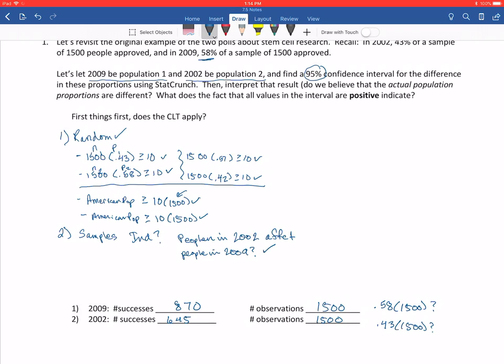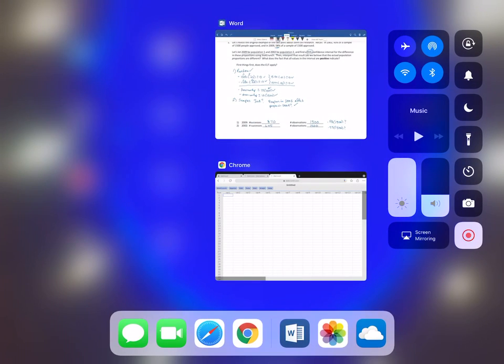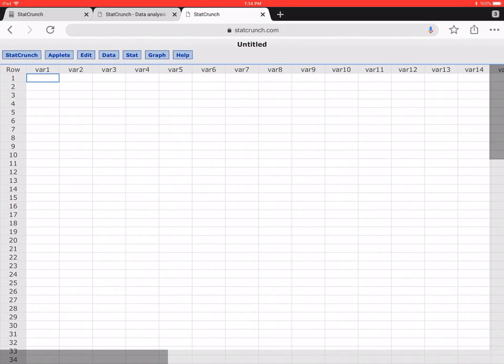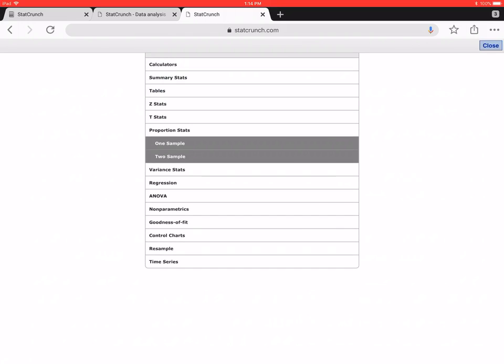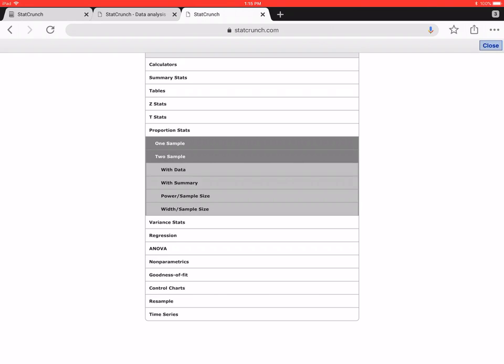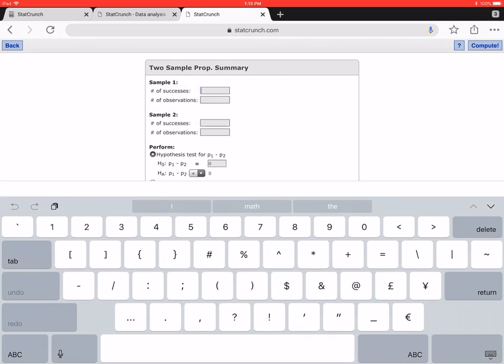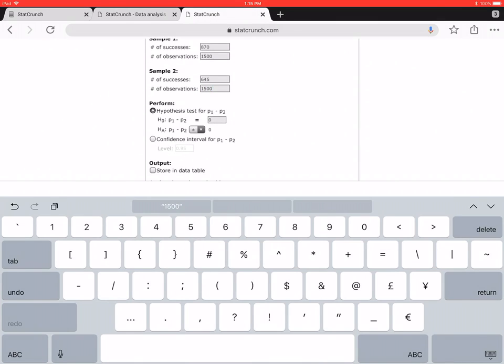Okay, that's all we need in order to put this into StatCrunch. So I'm going to flip over to StatCrunch here, and I'm going to go into my Stat, and we are still under Proportion Stats for chapter 7. So the difference here is I'm actually going to choose Two Samples with Summary, and I'm going to input that information there. So my sample 1 was the 870 out of 1,500, and my sample 2 was the 645 out of 1,500,